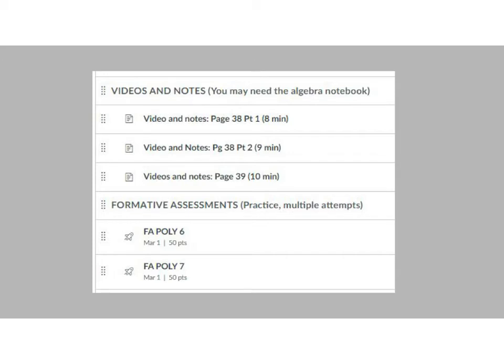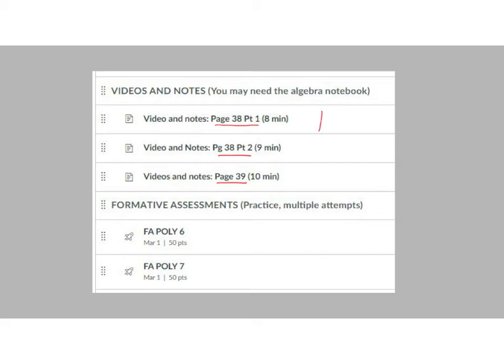You will have three different videos here that are broken down by section. So notice how it is page 38, the first part, page 38, the second part, and then page 39. And they're all roughly about 10 minutes or so. So you can do those in chunks and stop and start as needed. Okay, but our objective